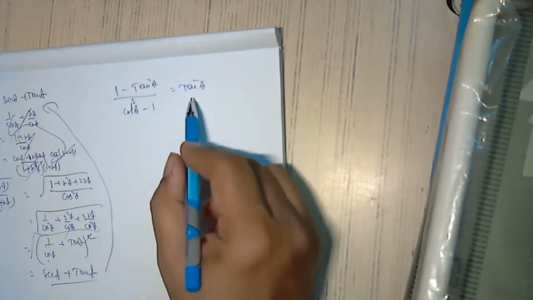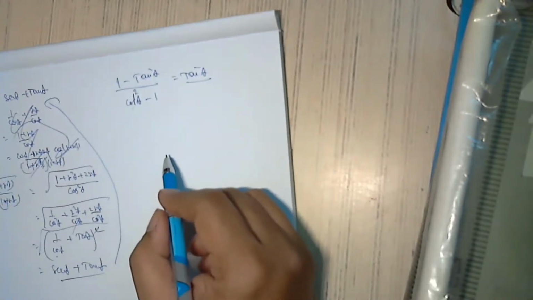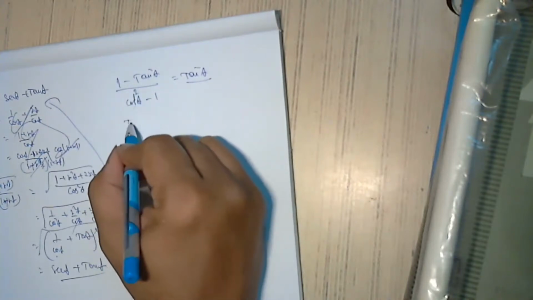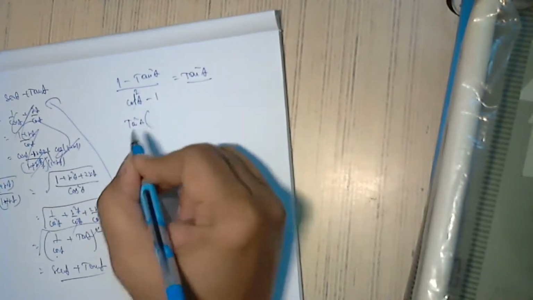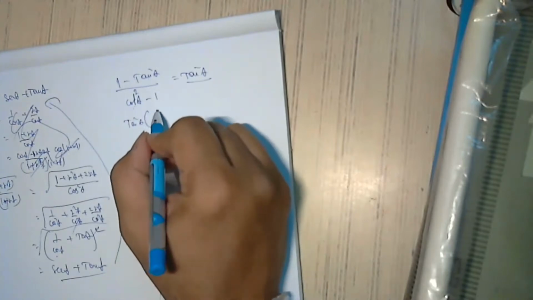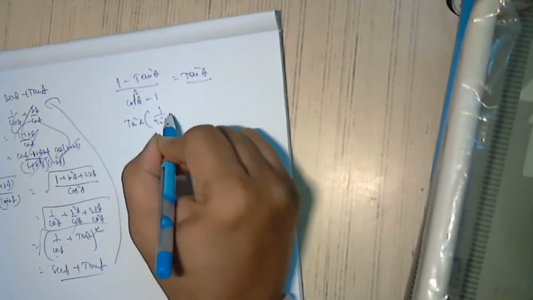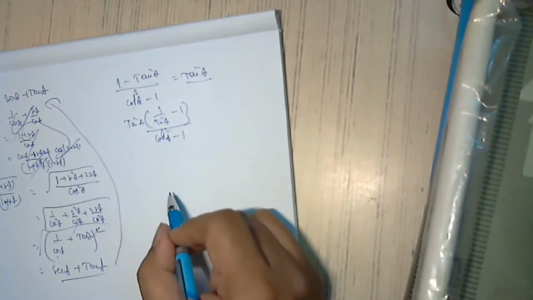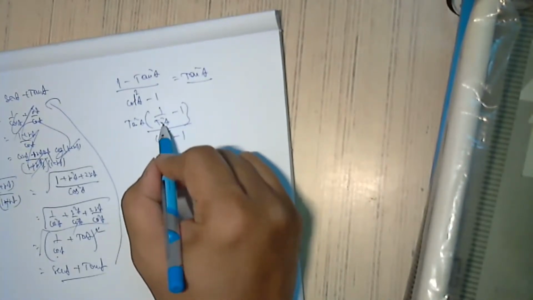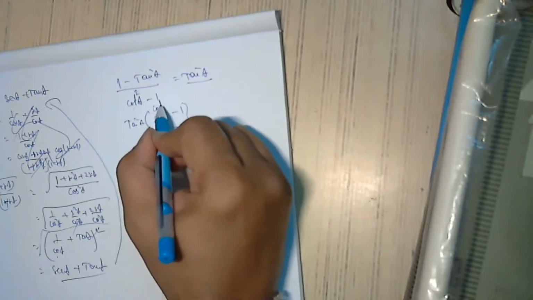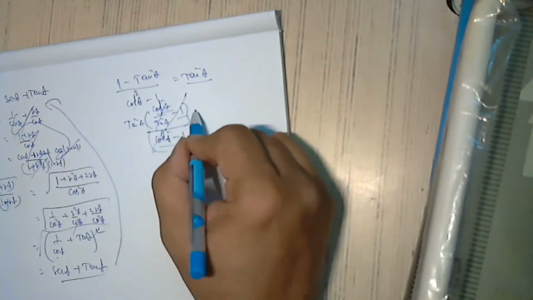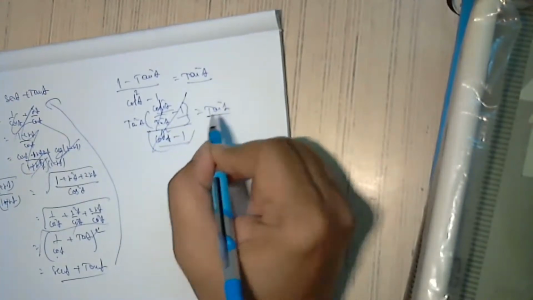So you have to prove it as tan square A. So I am taking out tan square A here. What is becoming? 1 by tan square A minus 1 by cot square A minus 1. So 1 by tan square A is cot square A. So they become cot square A minus 1 by cot square A minus 1. These two get cancelled. Answer is tan square A.